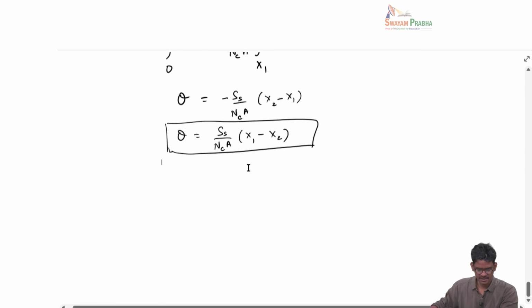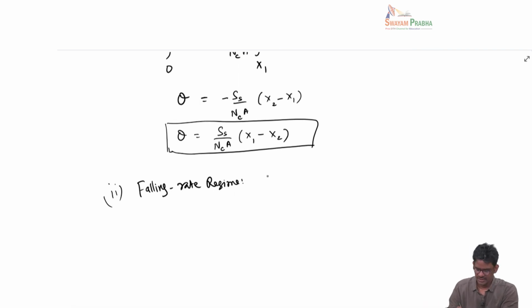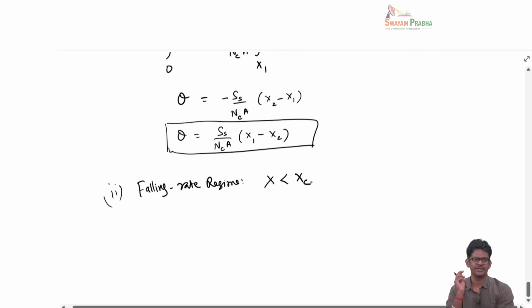Now the second possibility is drying under the falling rate regime. So that means we are talking about X less than the critical moisture content. So from this definition,